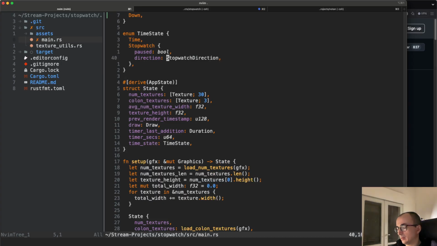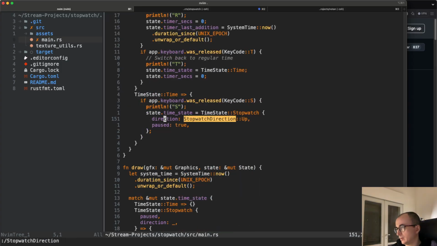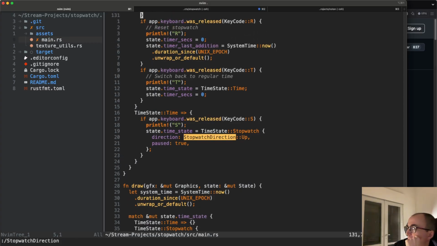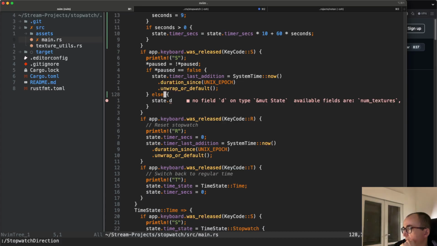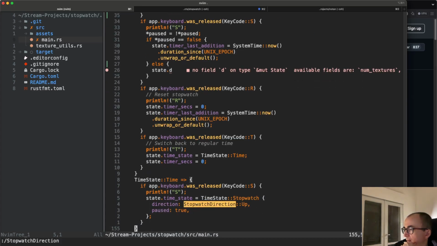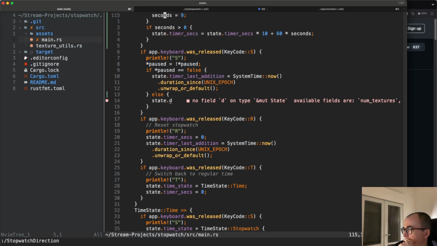Let's take a look. Okay, and I'm setting direction when I'm moving from time to state. I see. Okay. So it's sort of an assumption. At this point I'm assuming that direction will be forward. Okay. If it's not,